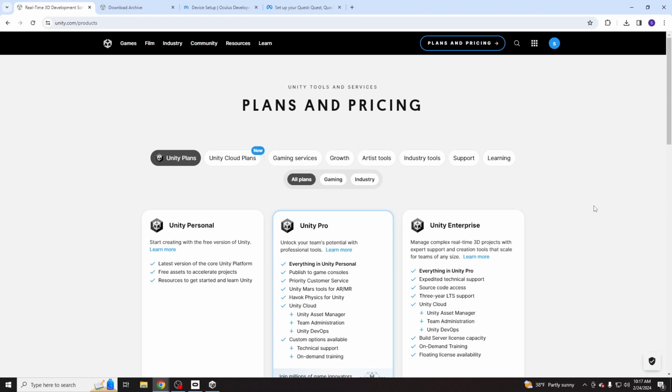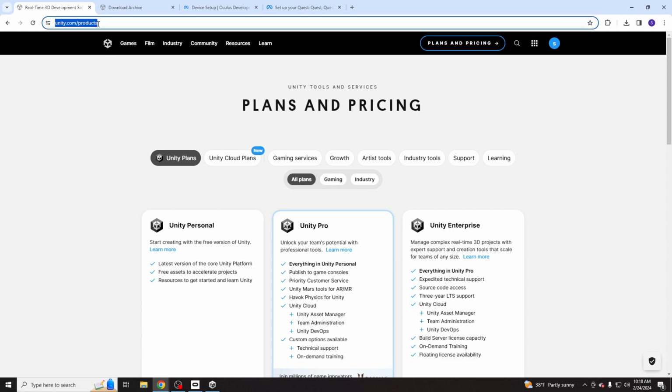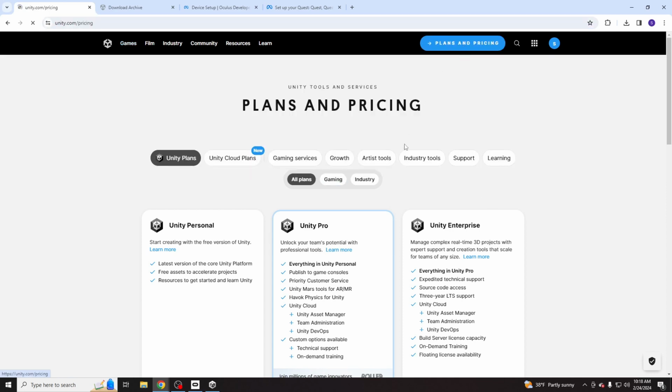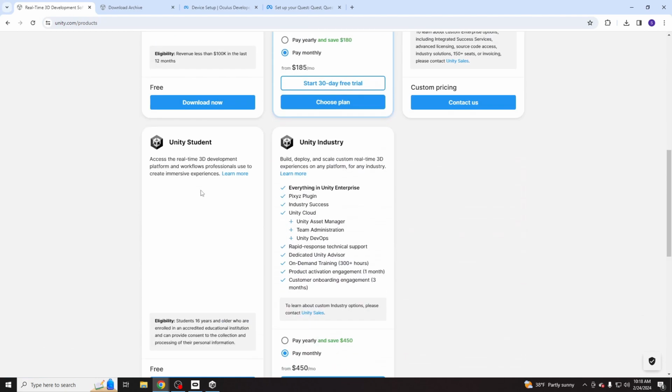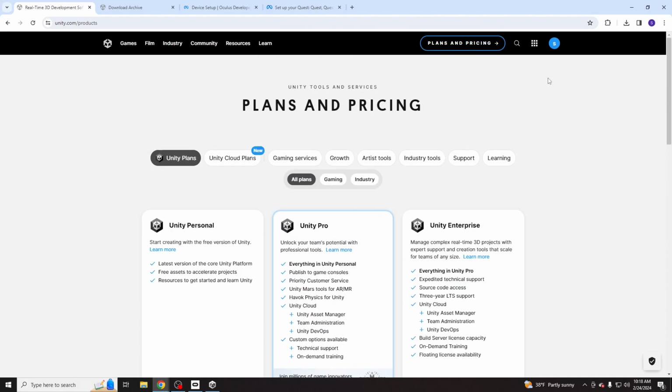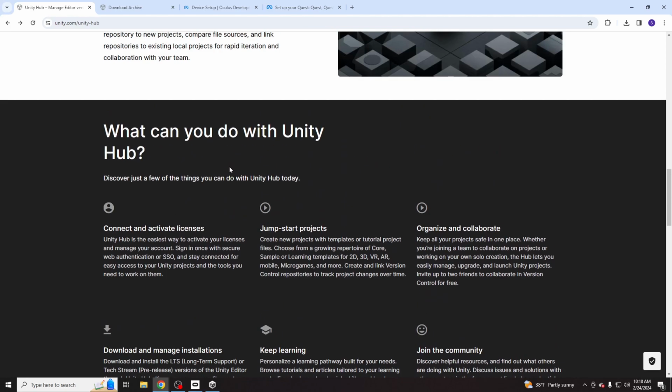Before you begin to learn virtual reality development, make sure you have these two things in your computer. One, let's go to unity.com/products. Make sure you have a Unity account. You either have a Unity Personal or Unity Student, which are the free versions. Once you have the account set up, go to